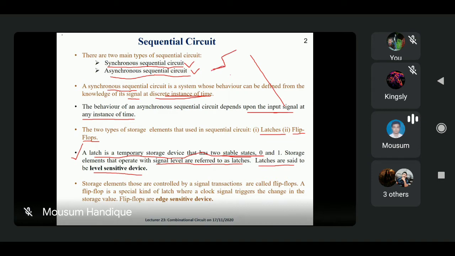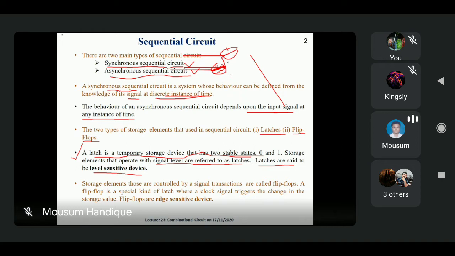When it is the stable point, see here, the parallel line. This particular line we are considering as a stable state, and it is called 0. Up to this portion it is 0. Then this is a transition period, and after that this part is again stable as 1. Based on this signal, we are providing some input to the latch. In between, when 0 moves to 1,